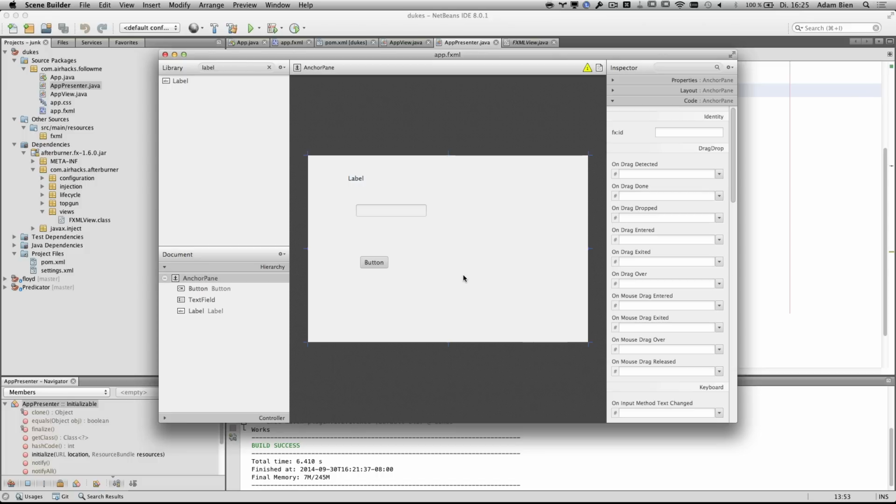Is it that the controller and the XML file with Afterburner still need to be in the same package, or can they be in different packages? Controller can be wherever you like. What is only important is that the view and FXML have to share the same convention. Otherwise, it won't get found. The presenter can be somewhere else, and all the models and services can be somewhere else. The view and FXML should be in the same Java package right now. And then the last question, I apologize.